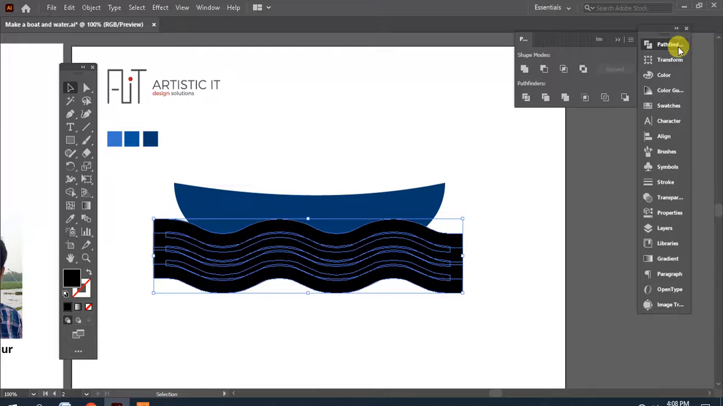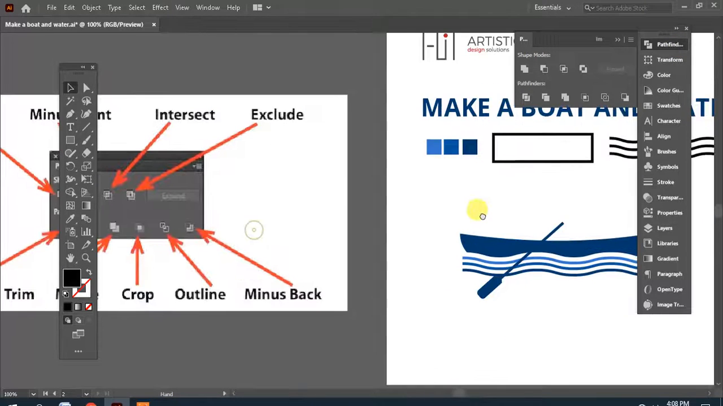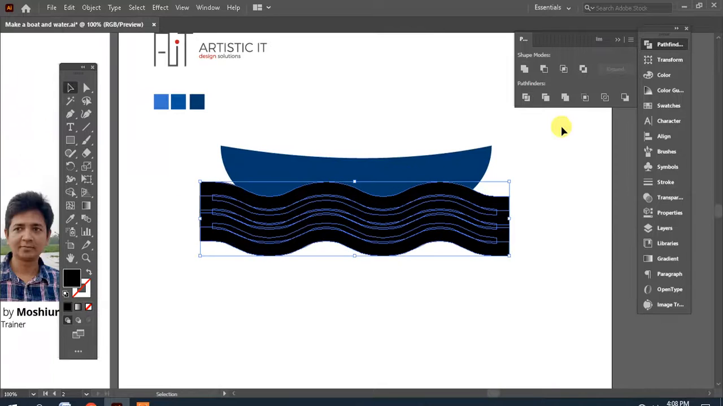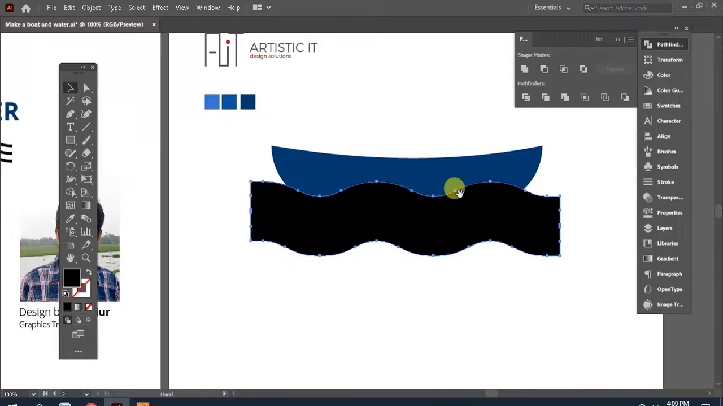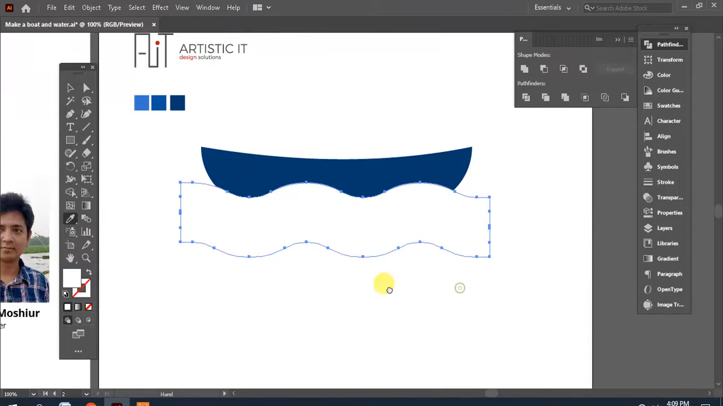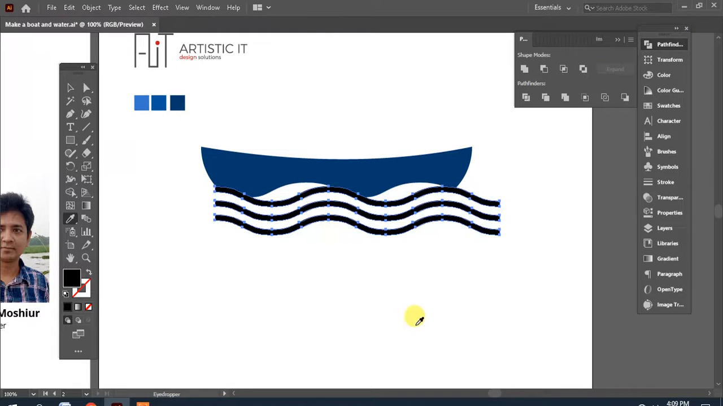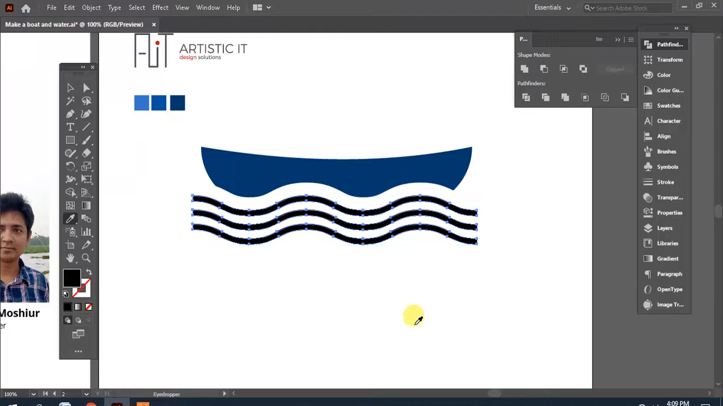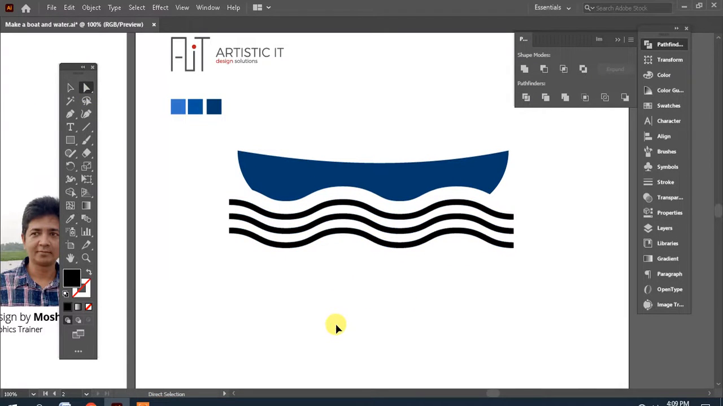I will go to Pathfinder and click the divide button, then click the unite button and give a color to it. Then I will paste the water which I previously copied, Ctrl V, not Ctrl F. So now it looks like a